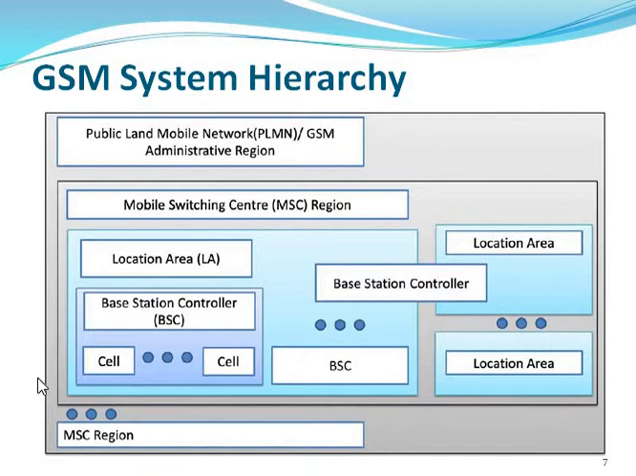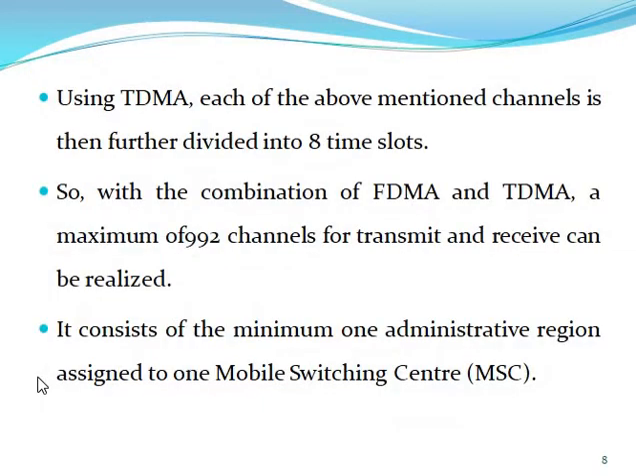Now we can discuss TDMA. Each of the mentioned channels is divided into 8 time slots. So the combination of FDMA and TDMA gives a maximum of 992 channels for the transmitter and receiver. It consists of a minimum